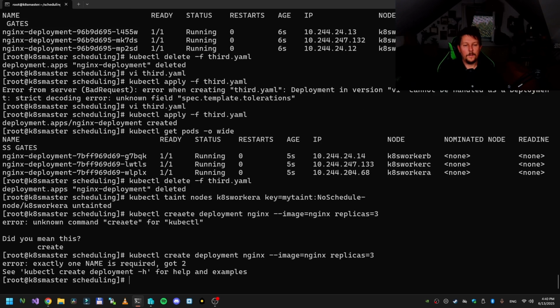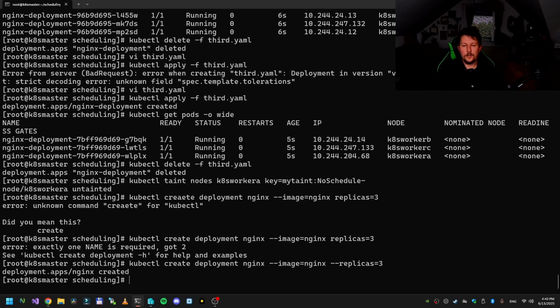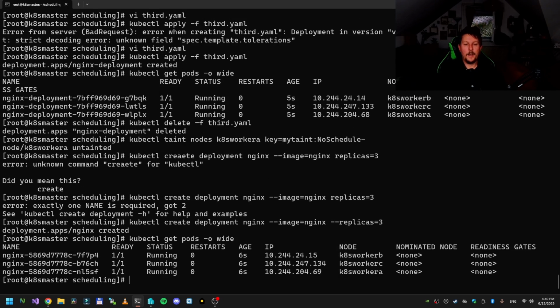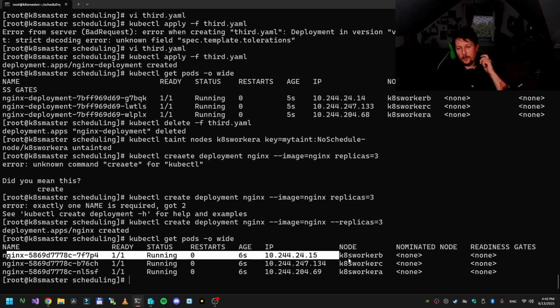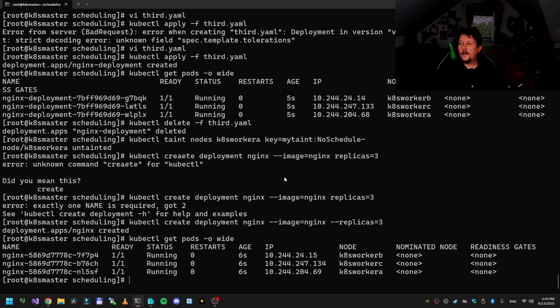Create deployment nginx, and --replicas is 3. Good. So now we have the pods spread across our worker nodes, and if we want, we can cordon a node,